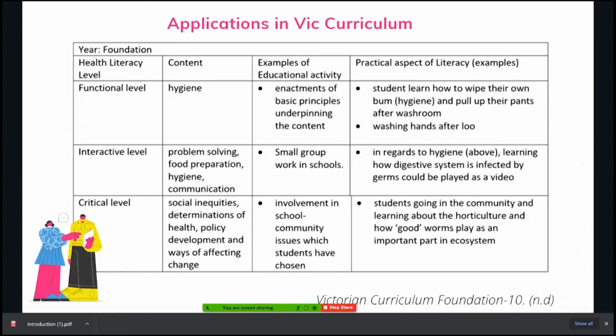This is my explanation of how I have applied health literacy in the Victorian curriculum. Foundation years. The main content here is hygiene. It is the functional, being they're able to take care of themselves, wipe themselves, clean themselves, wash their hands. Interactive being they are able to research how the digestive system is infected by germs. Critical being going to the community, understanding horticulture and agriculture and how good worms are good for the ecosystem at